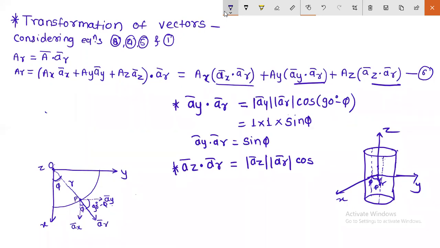Okay, just tell me, z axis is vertical. How will you measure the radius from the z axis, in horizontal direction, or at some angle, or in opposite direction? How will the radius be? Just imagine one cylinder and z axis is vertical. What will be the angle between z axis and radius? 90. 90 degree. Correct.